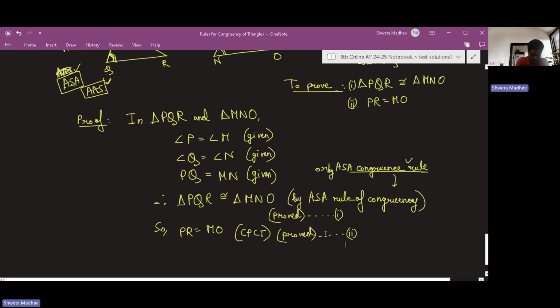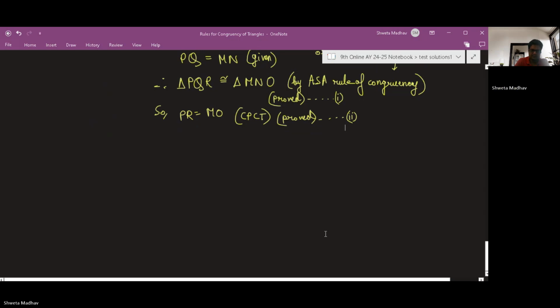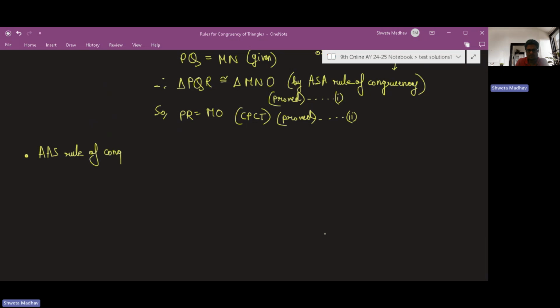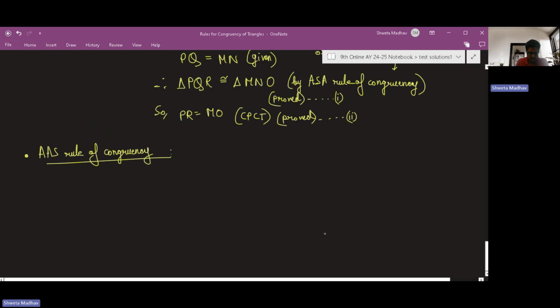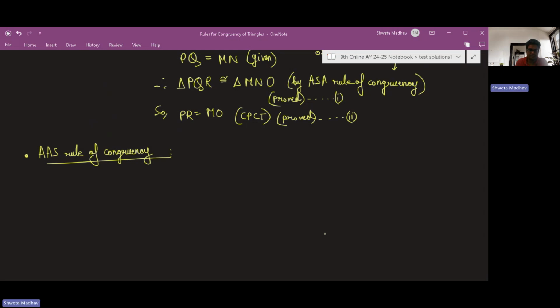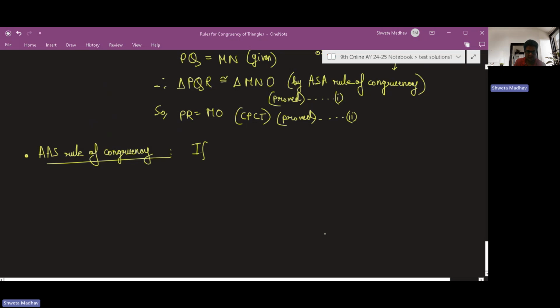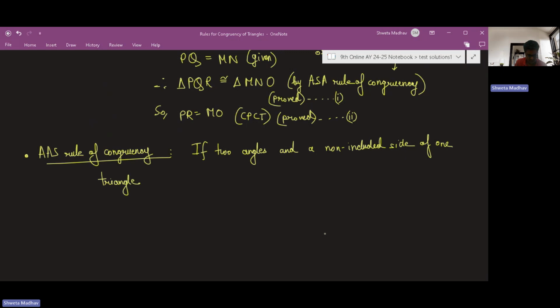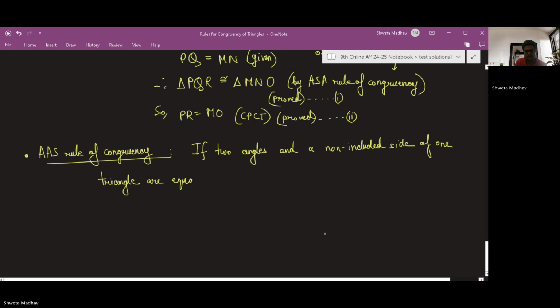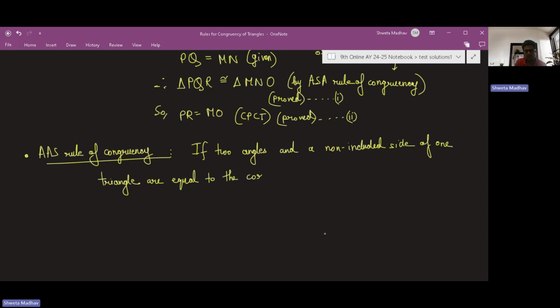Okay. Then we have the angle angle side rule, or the AAS rule of congruency. So in the AAS rule, the side which is not included with the two angles which we take, that we have to consider here. So the rule states that if two angles and a non-included side of one triangle are equal to the corresponding two angles